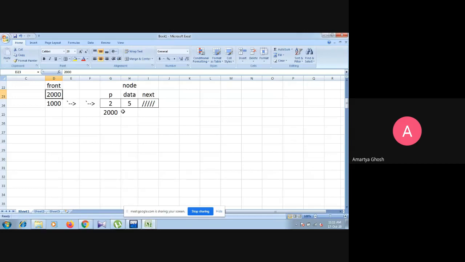Now we have to find out, according to the priority, where we should place the new node. Suppose the new node has priority 1. First of all, we have to think the new node is to be the first node, because its priority is high. So what is the priority?